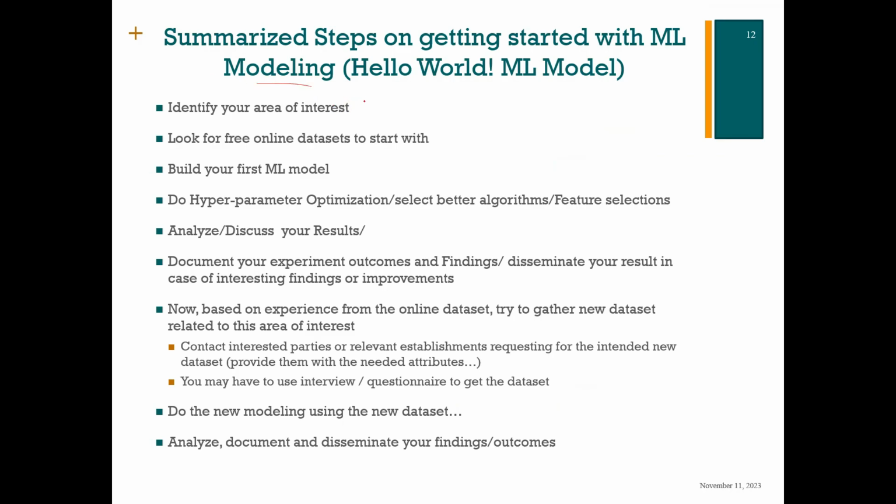So the first thing is to identify your area of interest. Identify your area of interest. Maybe you are not from a computer background, so your area of interest might be your own specialization, but sometimes it might not be. You might be interested in some other area, maybe tangential or a little bit closer to your area. So identify the area of interest that you really want to model, because the good thing about machine learning is it can be used for any problem. Just think about it. The only thing that can prevent you from using machine learning is non-availability of data set in that area.